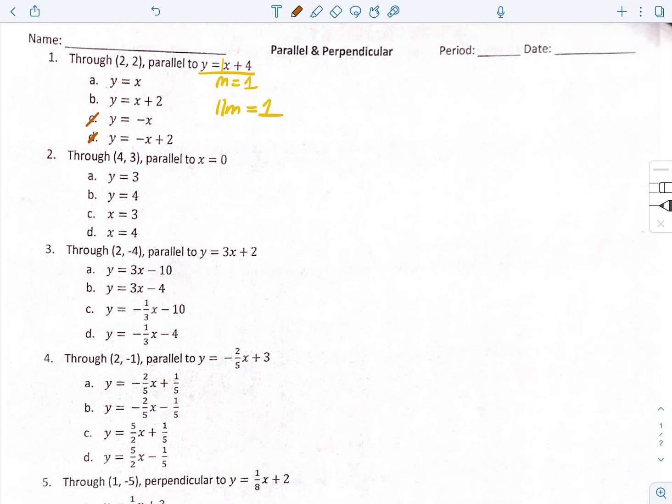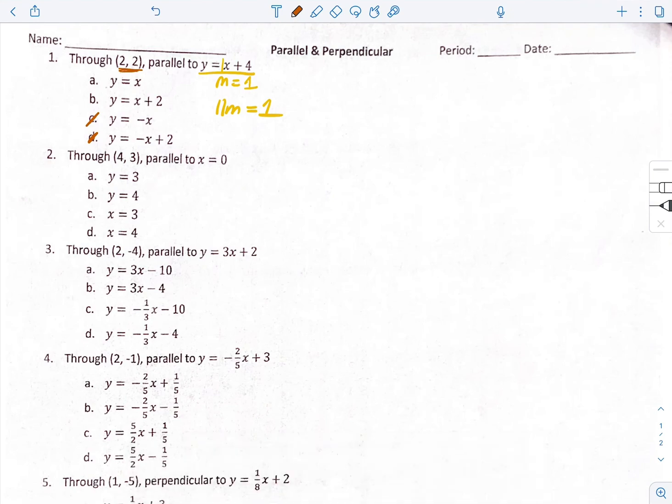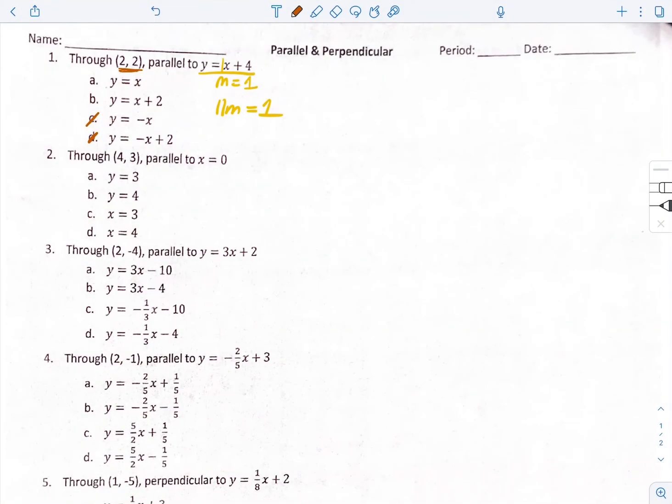So the first thing we need to do is to note, what is the slope of this line? And hopefully what we realize is that it's 1. All right, so that means that any line that's parallel to this line should have a slope of 1. So that should cause us to eliminate certain answer choices, C and D. Not only does the line that we come up with have to be parallel and have a slope of 1, it also needs to pass through this point here, okay? So what we're going to do is use our calculator, all right? And I am going to look up the calculator that I need, which is, how do I get there? Let me press